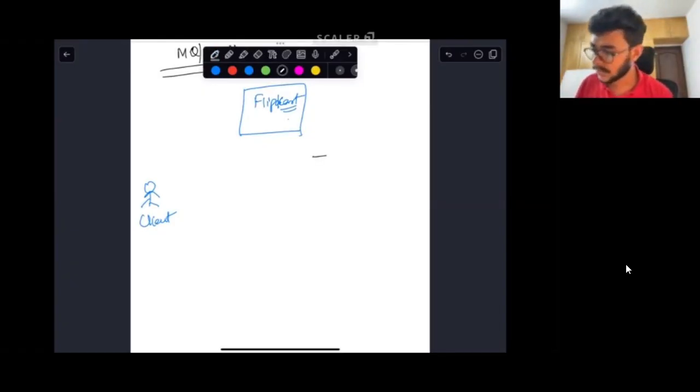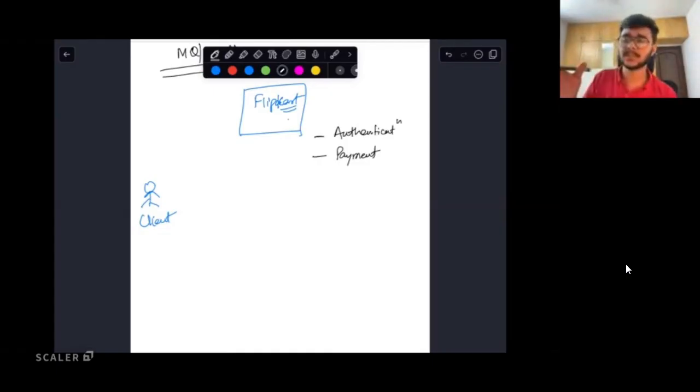What is the first thing? It needs to call the payment service to ensure that the payment happens. Even before the payment service, it will have to call the authentication service, to check whether this user should be allowed to buy this product or not, because there are lots of fraud detection programs that keep running in systems like Flipkart.